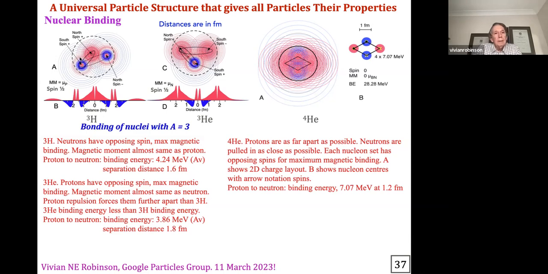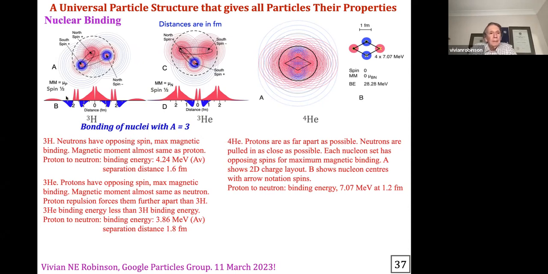There's a tiny bit of overlap of the p/9 with the n/3, but not much. These two can, well, there's no repulsion between the neutrons, so they can move in close to the proton, and